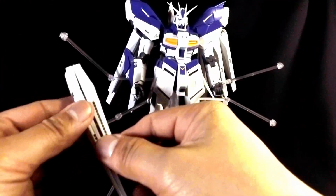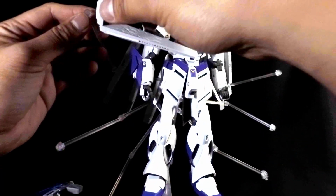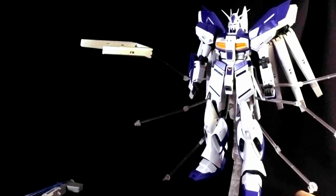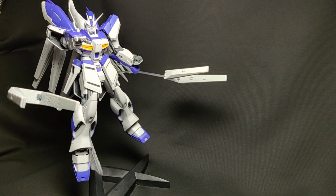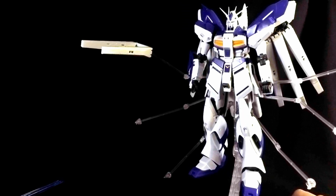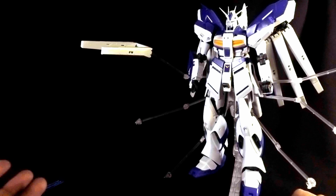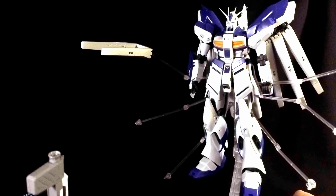demonstrate it by pulling off one of the fin funnels, aligning it like so, and then just attaching the pegs to the end of the fin funnels, and you can have 1 fin funnel, 3, maybe even 6. All in all, these accessories included, I guess, with both the original and the bootleg, is really awesome for